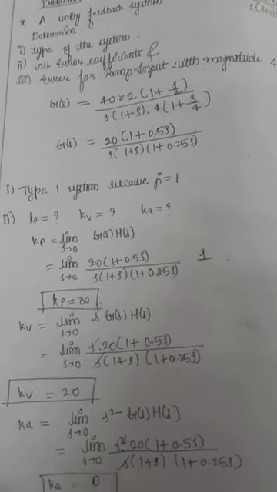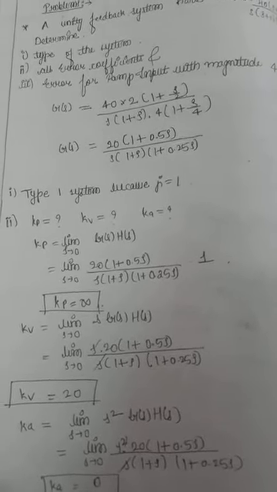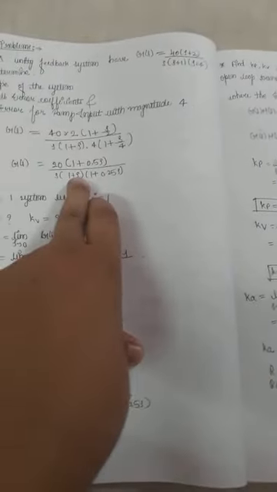For that, the formula is limit s tends to 0 of G(s) into H(s). So G(s) into H(s) is this, G(s) into H(s) is also equal to this, because H of